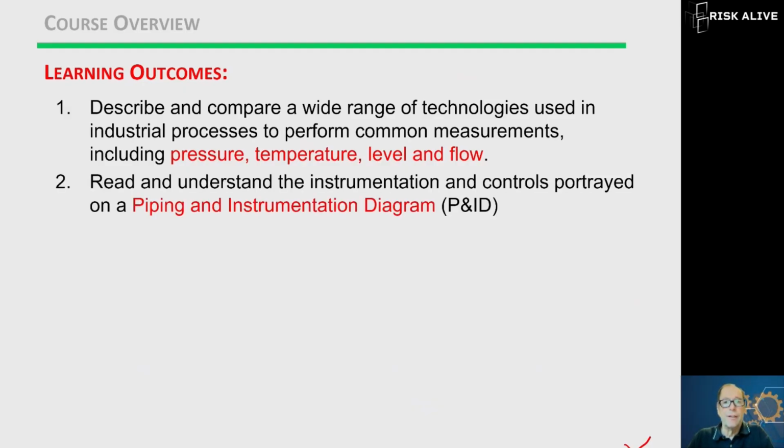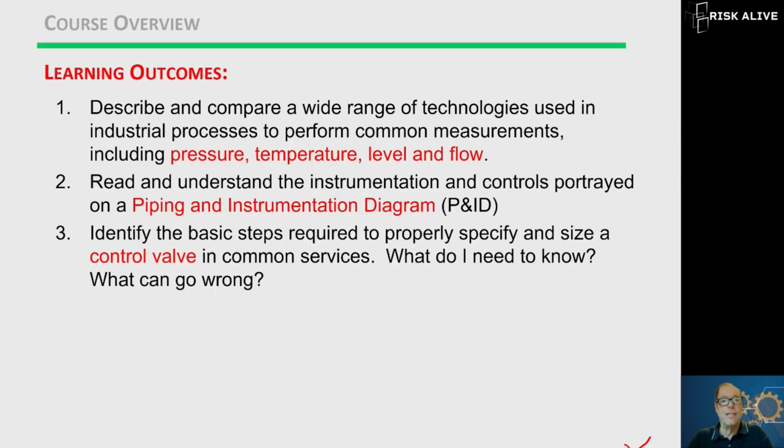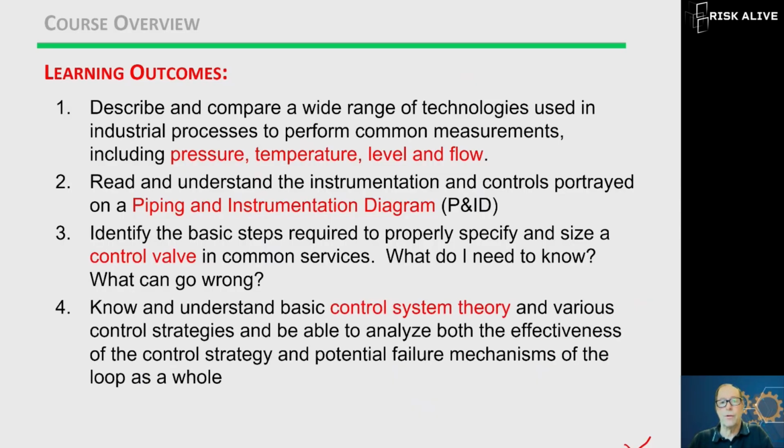We'll get better at reading the P&IDs. So if you took the P&ID course, or if you have some experience with P&IDs, there's going to be some review, but that's always good, just to make sure that we have a good understanding, and then we start delving deeper into it. Control valves. These are important in how we control our process. We're going to look at other final control elements, but we'll spend a little bit of time on control valves, not to make you an expert in sizing them, but what goes into it. And even more importantly, what can go wrong. Okay, we want to look at how things fail as well as how they work, right?